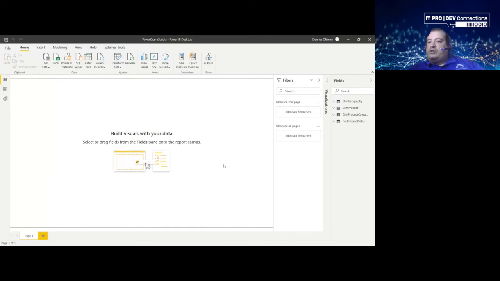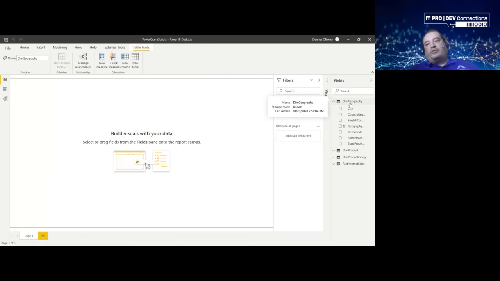Let's solve your doubts. Instead of creating the data flow from the UI, I'll go to the Power BI file that I had open and edit one query. I'll get the geography table,